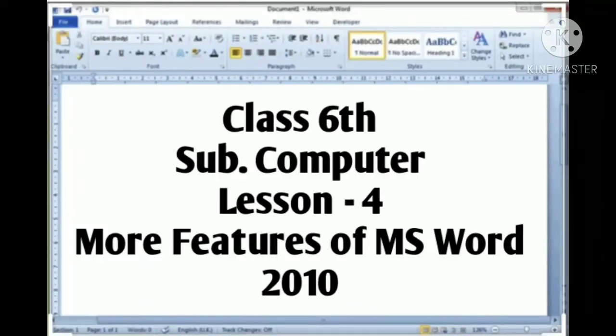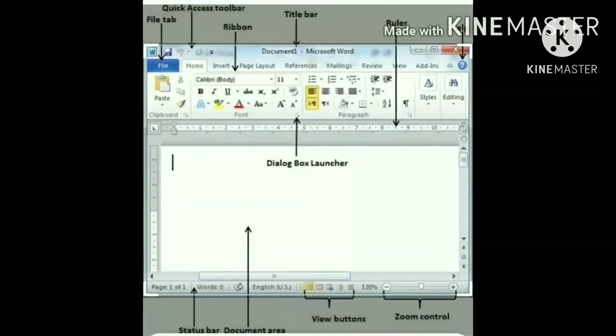More features of MS Word 2010. Roaring success of Windows 7. Microsoft recently unveiled the latest version of its productivity suite, Microsoft Office 2010, boasting a host of collaborative features and an all-new interface.